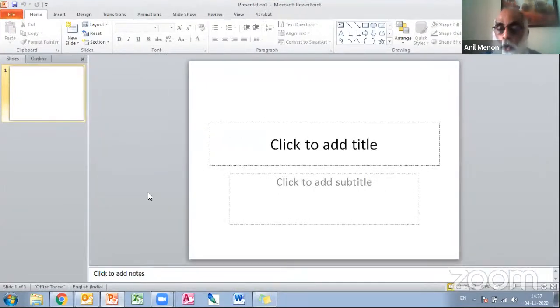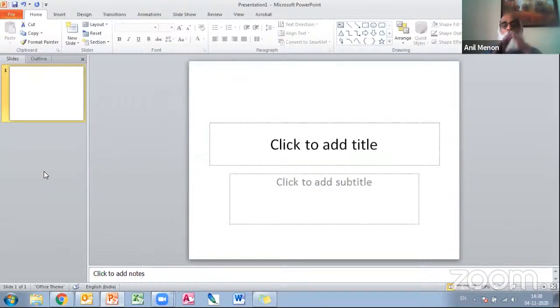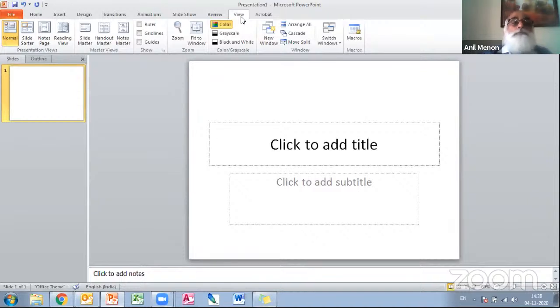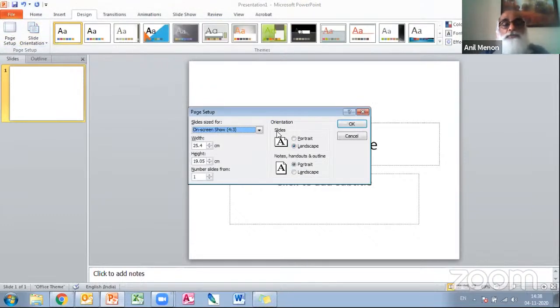Okay, when you open PowerPoint, this is usually the slide that you will see. You will find the main slide, and then as you keep adding slides, you will have more and more coming in. But this is more squarish. So the first thing is, let us change the design of the slide. So I'm going to the page setup and changing the size from 4:3 to